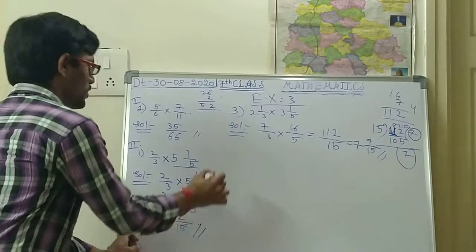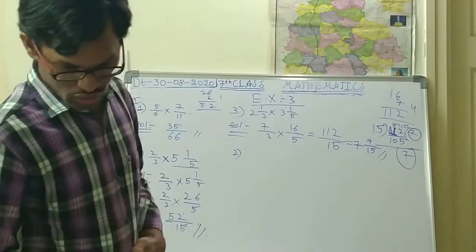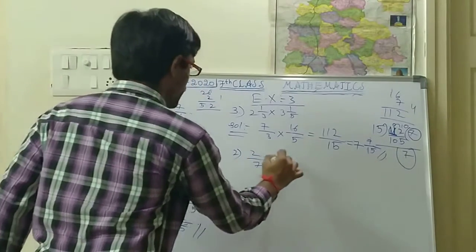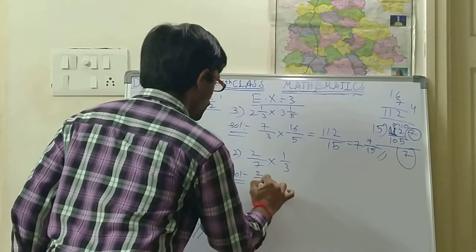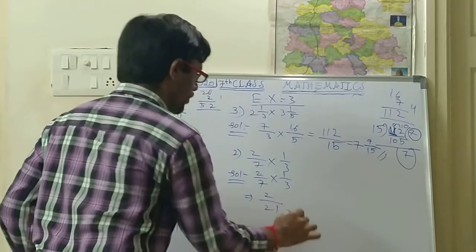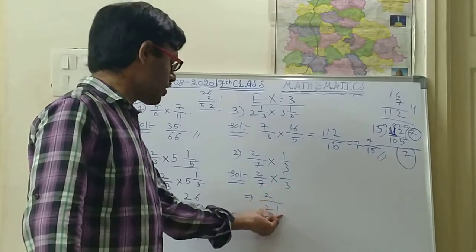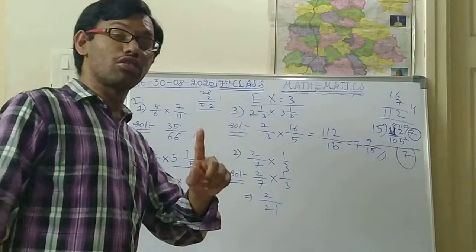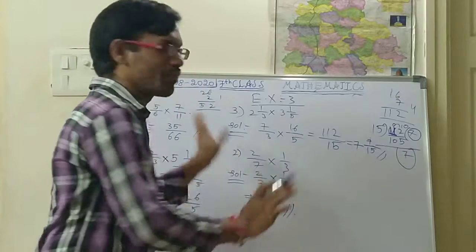Okay. So next, second: 2 by 7 into 1 by 3. So solution, how you should do? 2 by 7, the question as it is I am writing. Next, 2 ones are 2, 7 threes are 21. So directly numerator to numerator, denominator to denominator. 2 by 21. In the 2 table, does 21 go? No. 20 will go, but 21 doesn't go. 22 also goes, 20 will also go, but 21 does not go. So this is the answer. So keep it like that only.